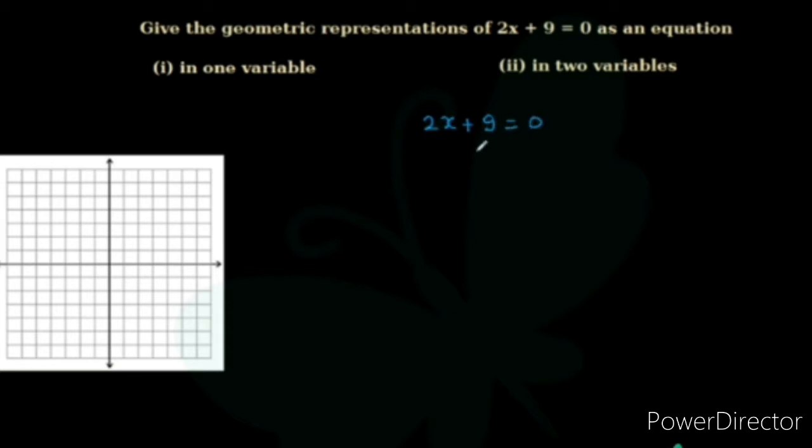Now we know a linear equation in one variable has the standard form ax plus b equals 0, right? And what is it represented as? Finally, the x that we solve for is actually minus b by a. What is x representing here? Isn't this x actually a point on the number line? Yes, it is. So, same situation.